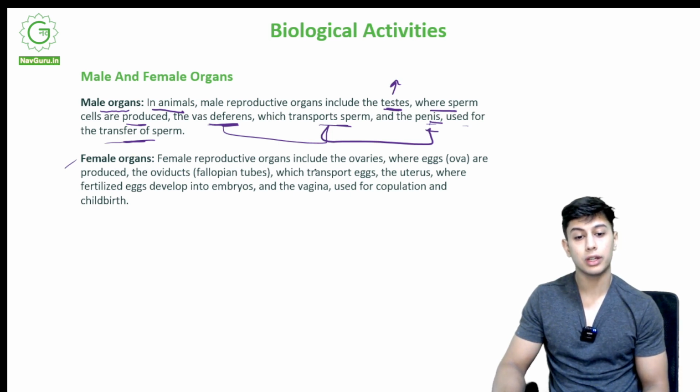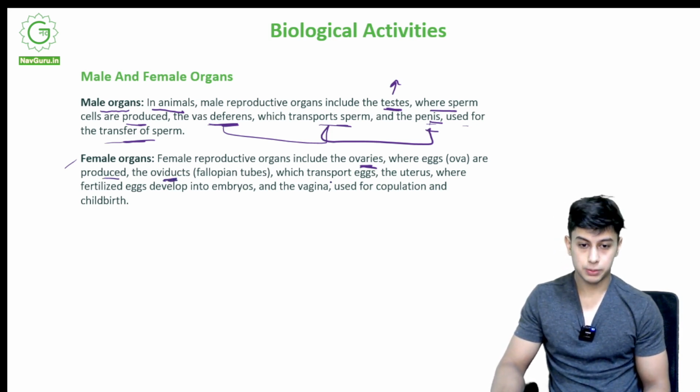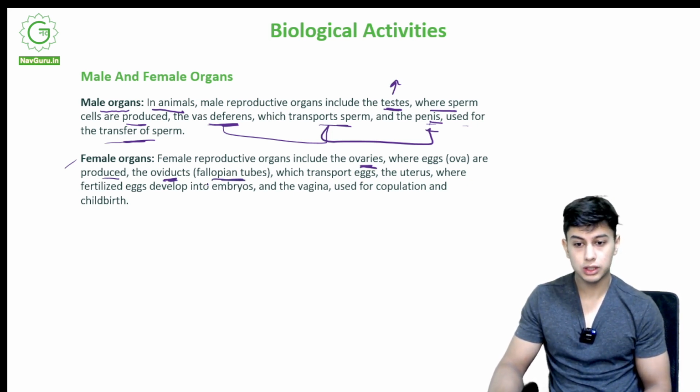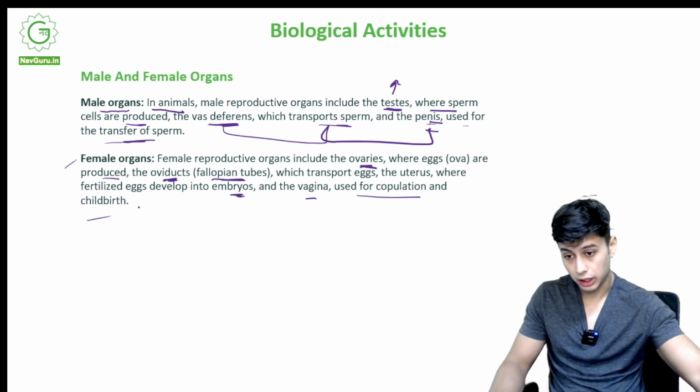All right, so female organs, now we consider female organs. Female reproductive organs include ovaries, where eggs are produced, oviduct, which transport the eggs. Okay, oviducts are called fallopian tubes, they transport the eggs. The uterus, where the fertilized eggs develop into embryos. The vagina, used for copulation and childbirth. Let me tell you now,